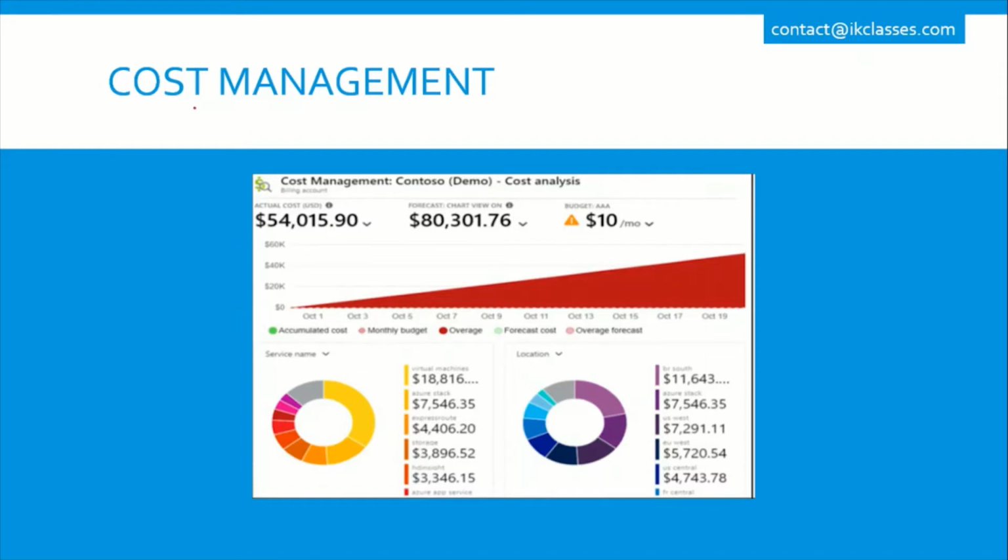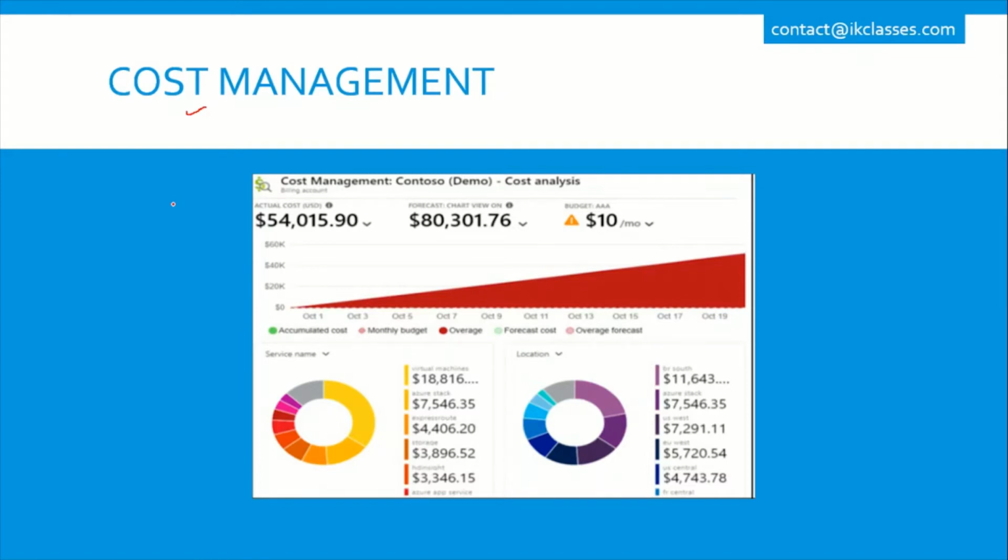So another concept we have is cost management. With Azure, we only pay for what we use. After deploying resources, Azure starts charging us for those resources. We may conduct billing administrative tasks and manage billing access to costs using the cost management tool. The cost management tool is already provided by Azure. With cost management, we can also monitor and control spending to optimize Azure resource use.